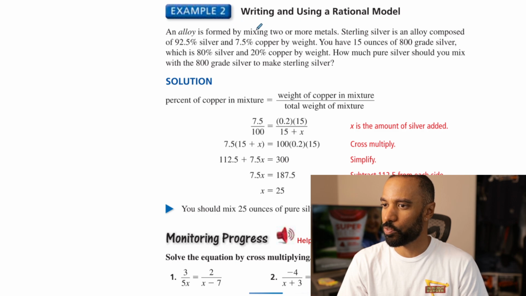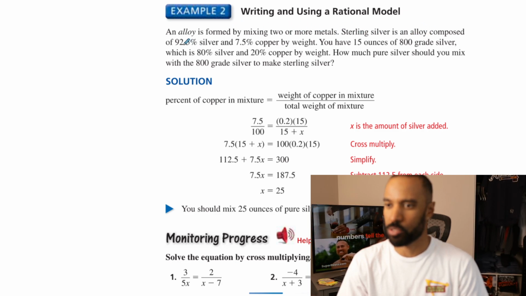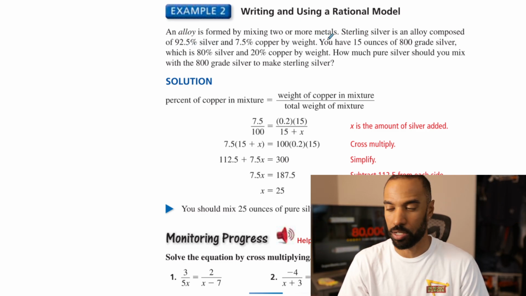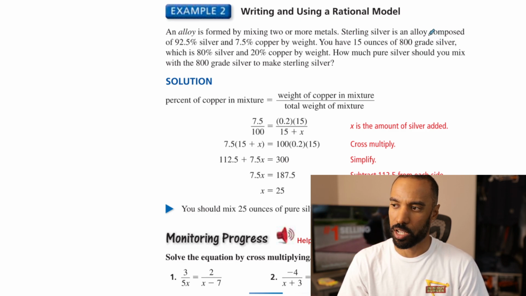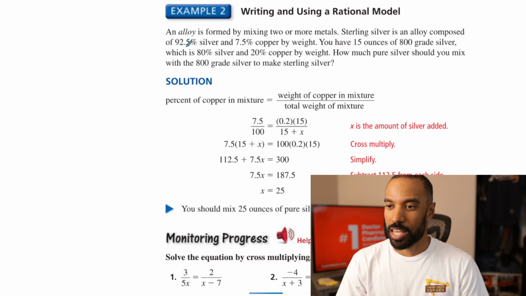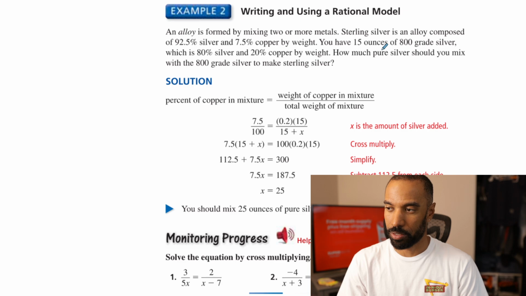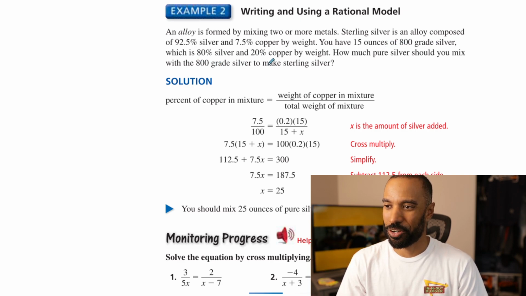An alloy is formed by mixing 2 or more metals. Sterling silver is an alloy composed of 92.5% silver and 7.5% copper by weight. Didn't know, now I know. You have 15 ounces of 800 grade silver, which is 80% silver and 20% copper by weight. So I guess 1,000 grade silver is 100% silver. Is this then 925 grade silver, I guess? How much pure silver, that would be 1,000 grade silver, should you mix with the 800 grade silver to make